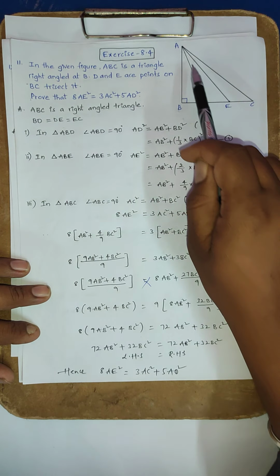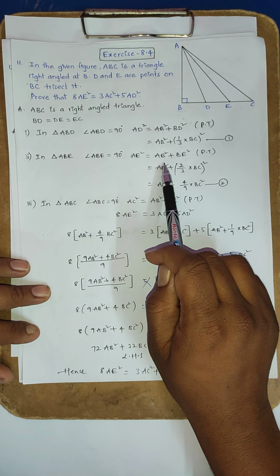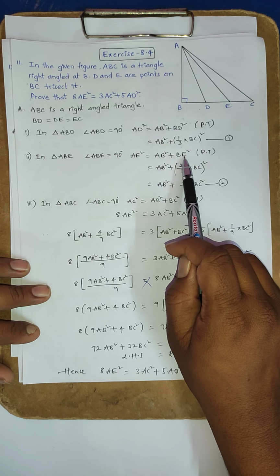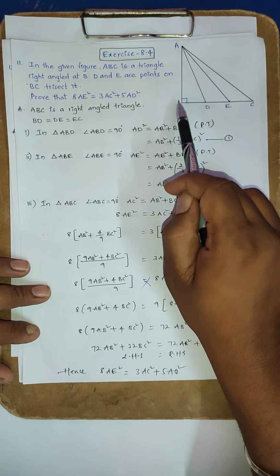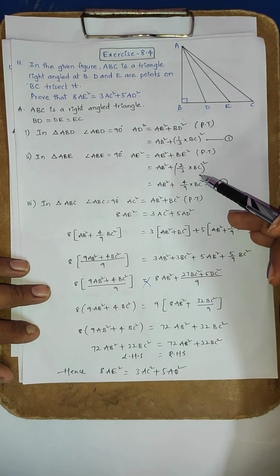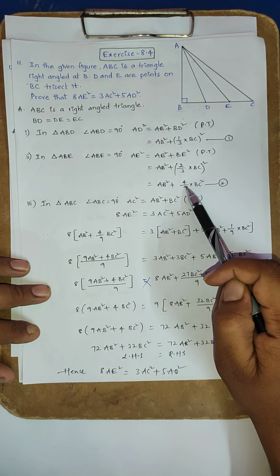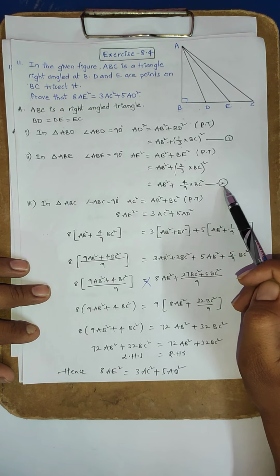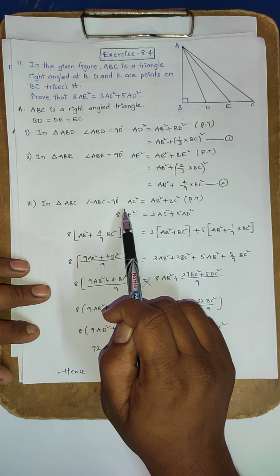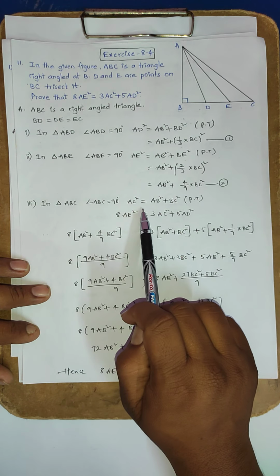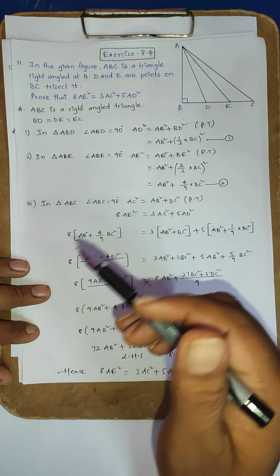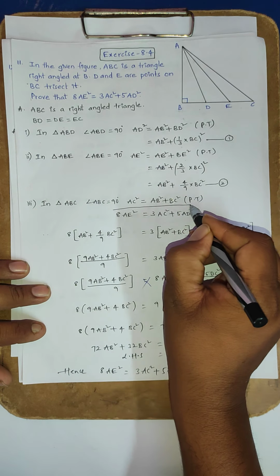Similarly, in triangle ABE, here AE is the hypotenuse. AE square is equal to AB square plus BE square, by the Pythagoras theorem. BE is 2/3 part of BC. Total 3 parts, then BE gives 2 parts. So AB square plus 2/3 BC whole square, 2 2s are 4, 3 3s are 9, into BC square. This is the second equation. In triangle ABC, the whole triangle has angle 90 degrees. This is the hypotenuse. AC square is equal to AB square plus BC square, by the Pythagoras theorem. Now we are asked to find 8 AE square is equal to